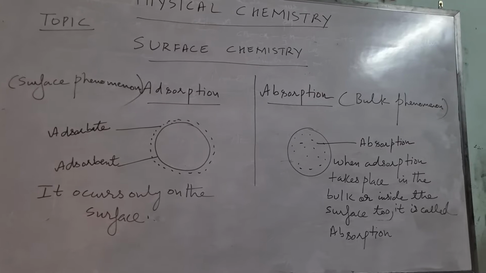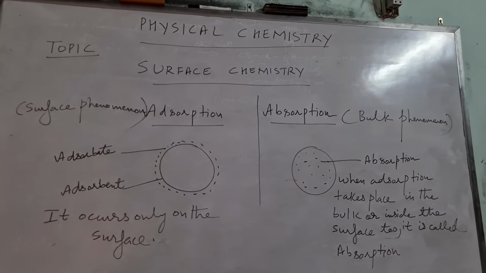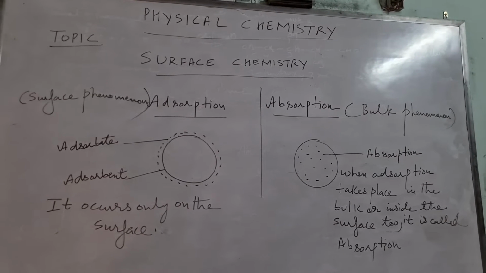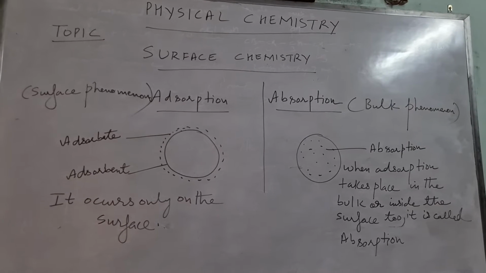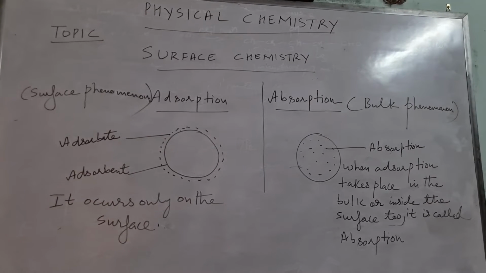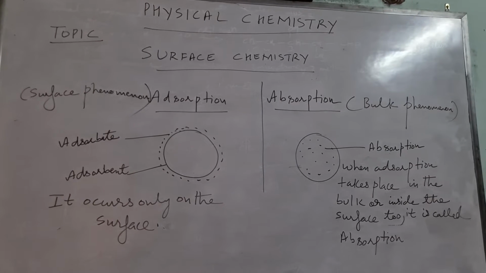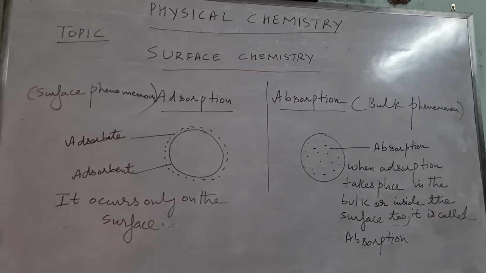Number three, in case of physical adsorption, there is a formation of physical bond, that is van der Waals forces, which are very weak. In chemical adsorption, there is the formation of chemical bonds between adsorbent and adsorbate, and hence